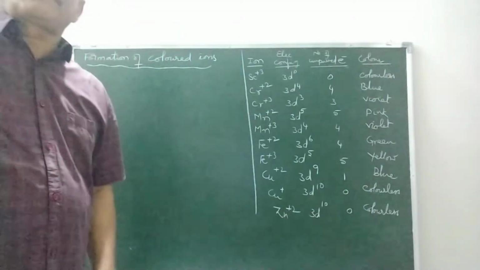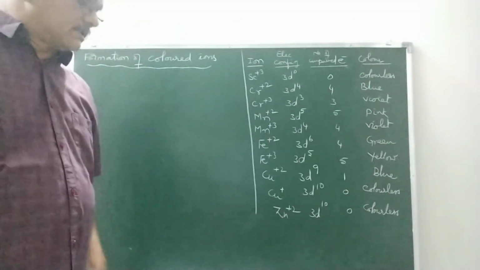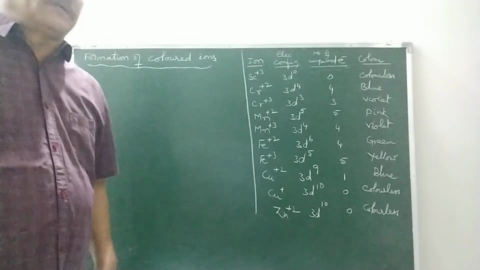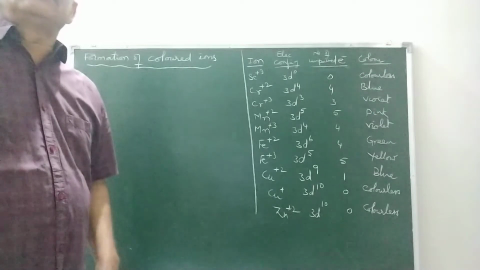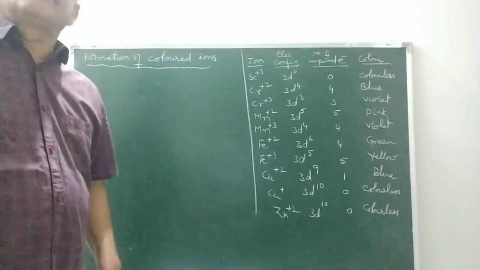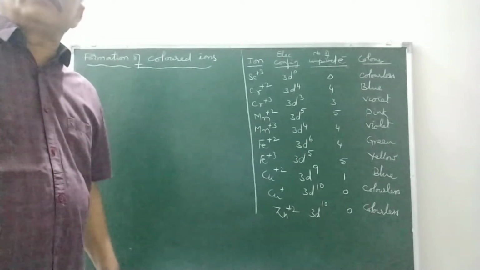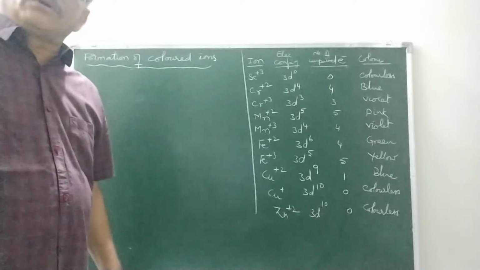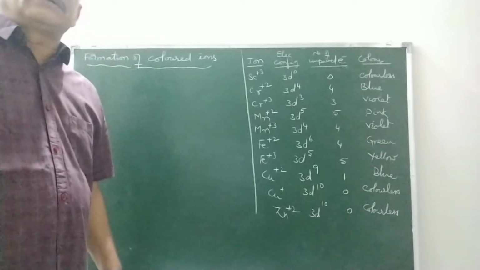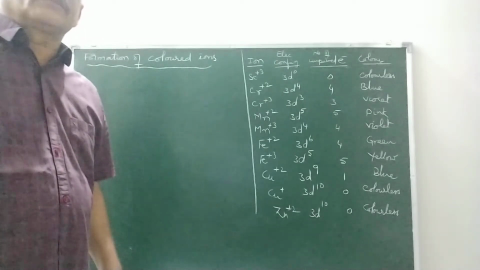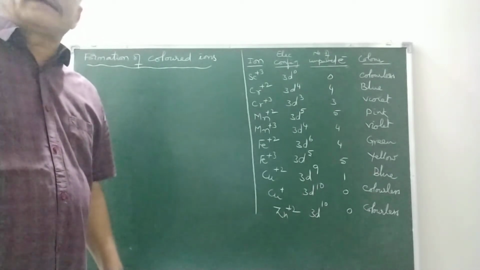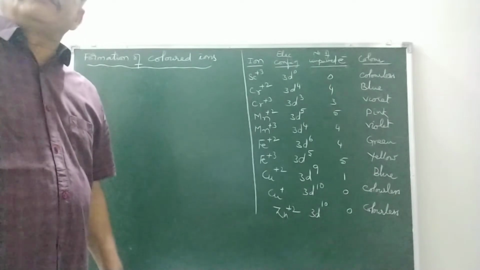Okay, students, we are discussing the third lesson of D block elements. In the previous class, we discussed how D block elements form variable oxidation states and how they show magnetic properties, etc. While discussing magnetic properties, we found